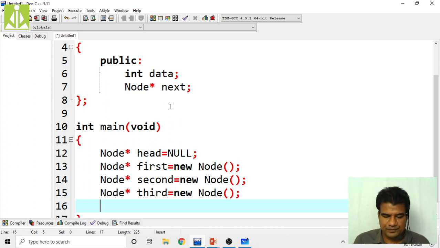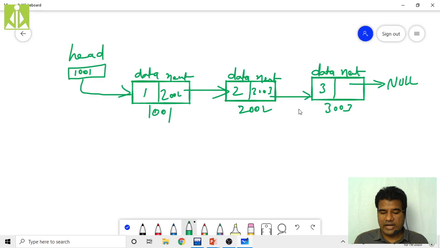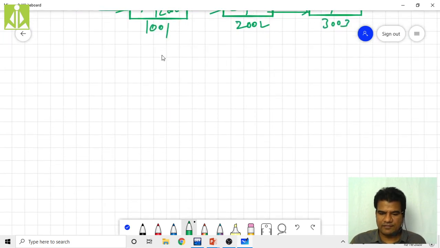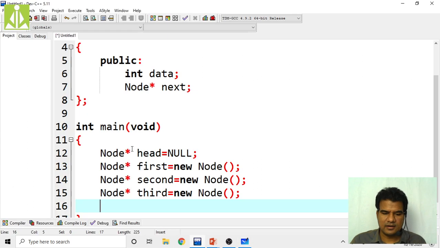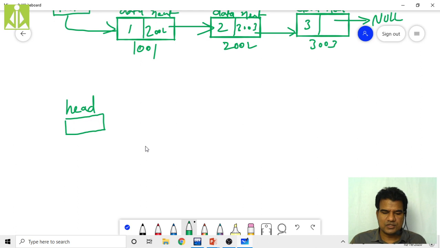So see, so far what I have done, I will show you. This output we want, basically. So far we have created a head pointer, head. And it is not pointing anywhere, it is holding null, because we made it null. As you can see over here, head pointer equals null we said. So this is null, it is holding null.